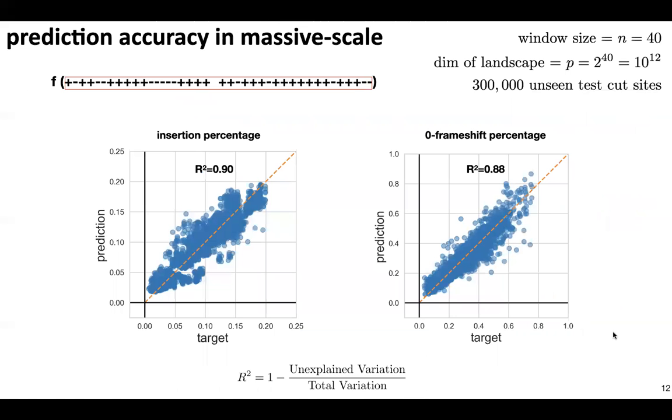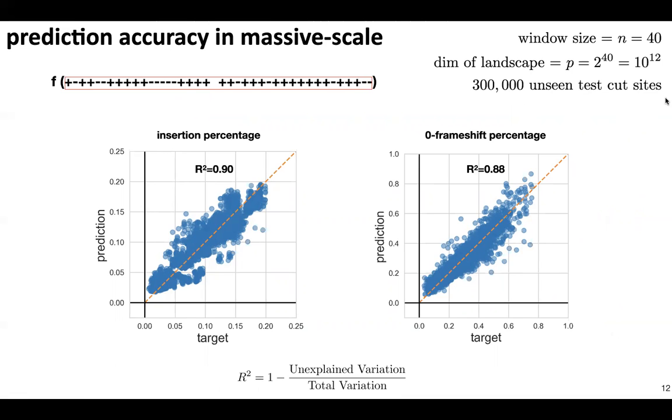So we used a modified version of our sublinear algorithm to learn the landscape with a window size of 40, using only a few million samples rather than 10 to the power 12 samples from the DELPHI software. These samples are designed based on particular patterns coming from coding theory.